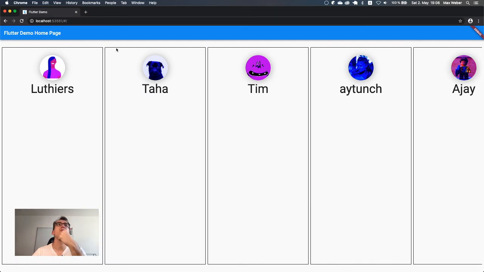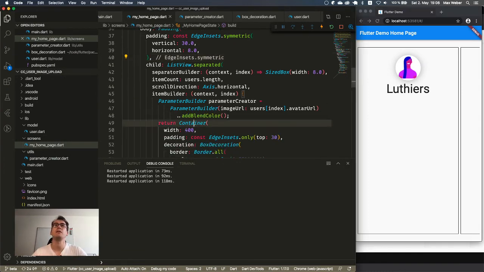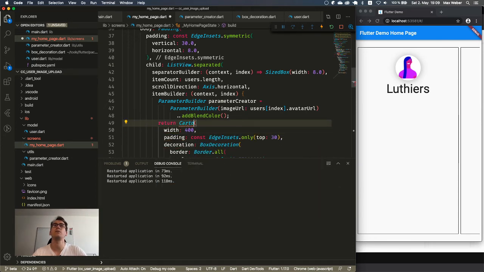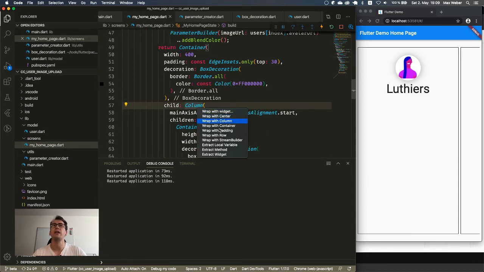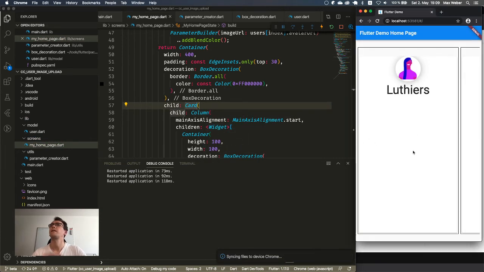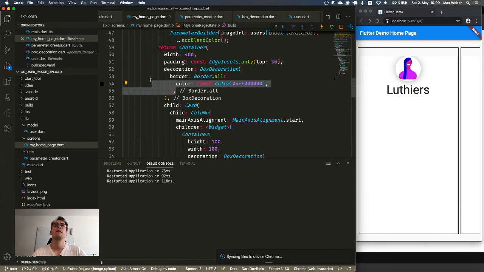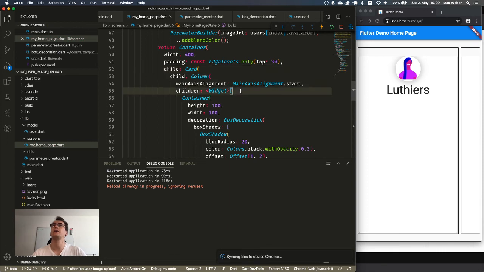Let's think about it. We have a border box, but what we actually want is a card, because that looks so sadly empty. So can we just use a card here and don't give it a... I think, no, it would be better to have a container, and that container we wrap inside of a card. Let's see if this helps us with what I want to achieve. So we give that a card. Let's see how this looks. So the card looks already a bit promising for that situation, right? We have that nice little shadow and everything, and I can remove the border. So, and decoration away, and let's see.